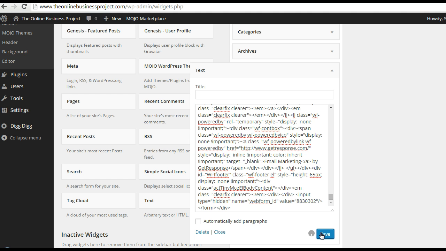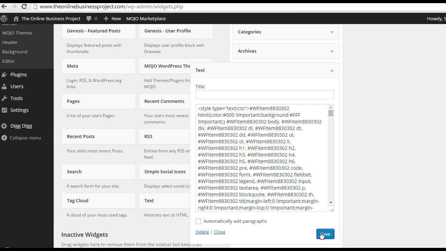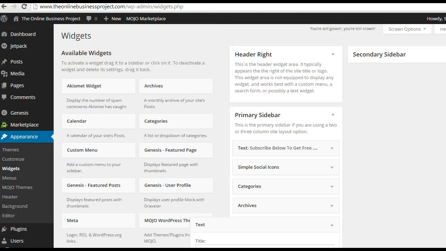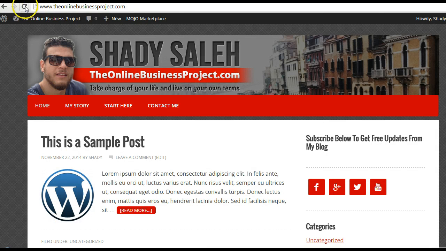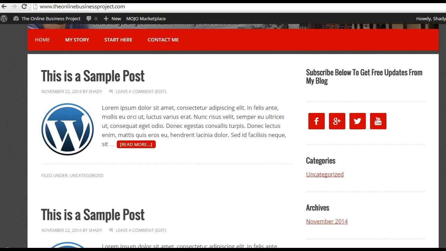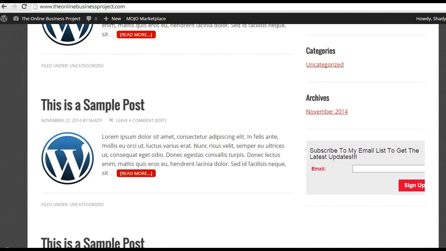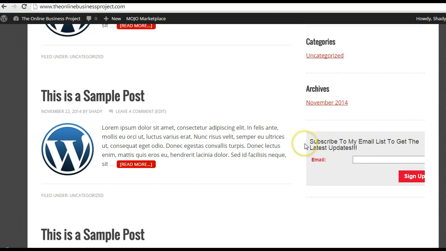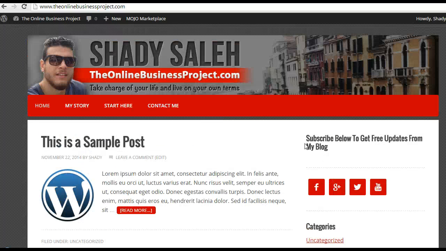Okay, this saved. So when we refresh, our actual blog is supposed to pop up here on the right. Yes, it's right here. So now, after setting up our opt-in form here on the side,